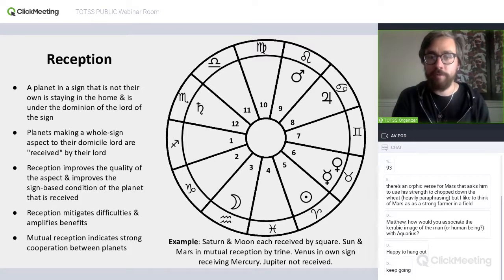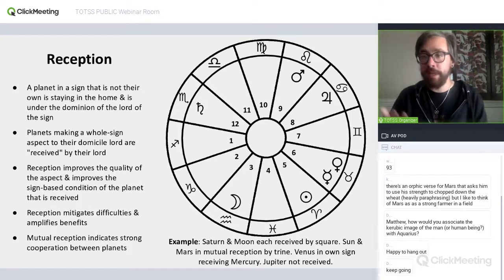All right, and then finally, we have Jupiter in Cancer here, which is good. That's the sign of Jupiter's exaltation. But Jupiter is not making a whole sign relationship to Aquarius, right? Jupiter in Cancer is opposite to Capricorn and trine to Pisces, but there's no whole sign aspect to Aquarius. And Cancer and Aquarius don't share any of their fundamental qualities in common. So there's no relationship between Jupiter and the Moon.